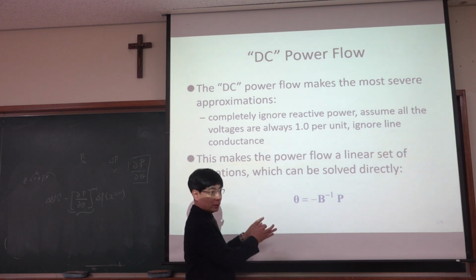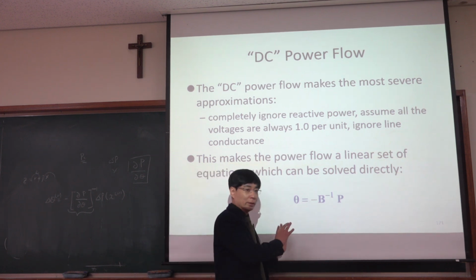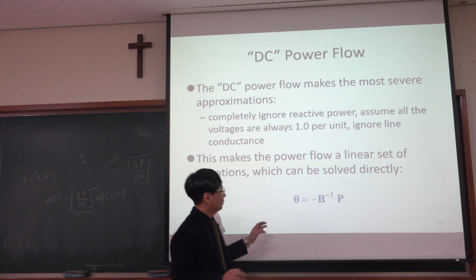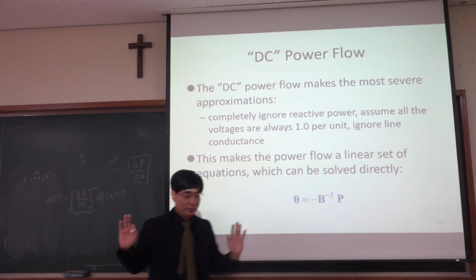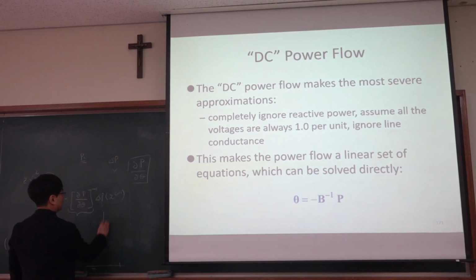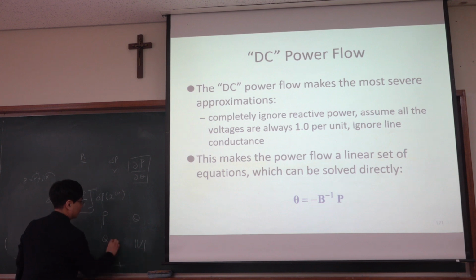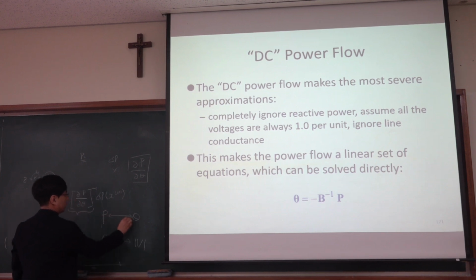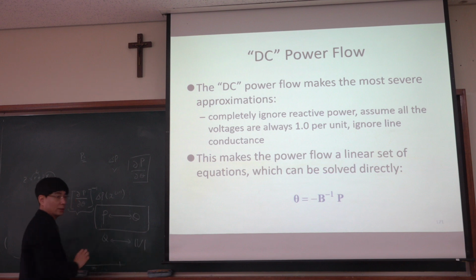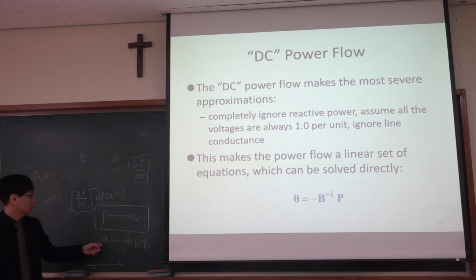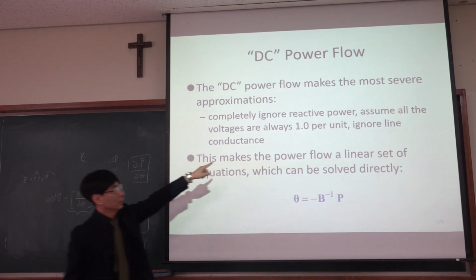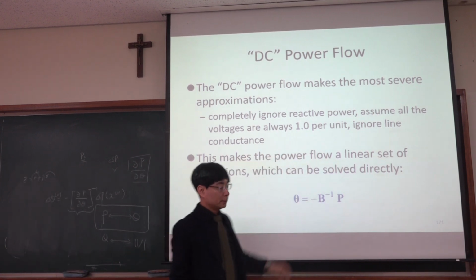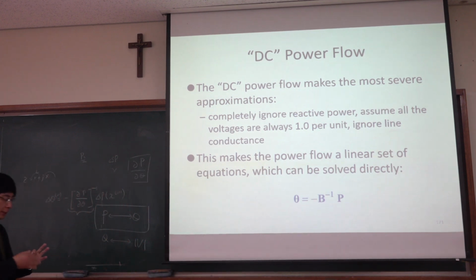There is no iteration at all. There is no concept of Jacobian, right? Voltage is just one, gone. The reason is because, again, P, theta, Q, V, they are related. So we are only focusing on this one, because we do not care about reactive power. Voltage is also just assumed to be always 1.0. So from this DC power flow,